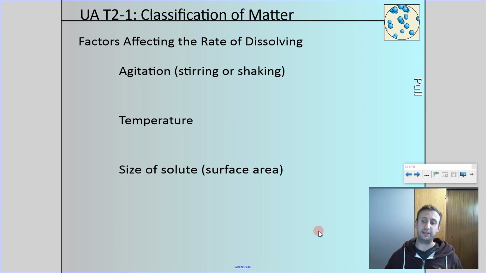And the reason why is because then you're getting the particles moving more. More movement of particles means it's more able to separate solute from other solute particles and surround it as a solvent. Temperature, actually for the same reason. The higher the temperature, the more ability it has to dissolve and the faster it will dissolve, because